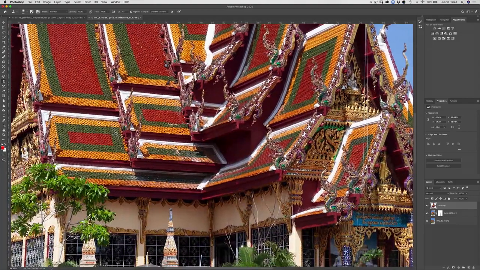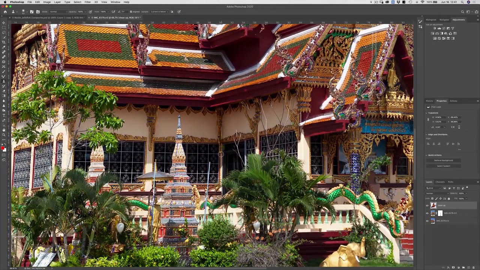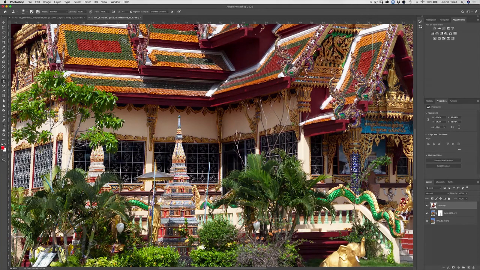So let's see where else we have some issues. Again, we have this repetitive element. We have an issue with the branch there, but then we have an issue where there is no branch over here. So let's Option click right here. Let's make our brush really nice and small and line it up and just get rid of that. And then let's match the color by sampling right over there as well.